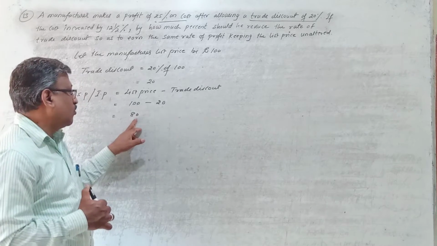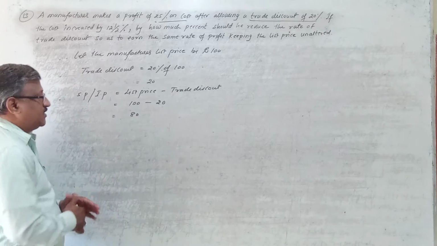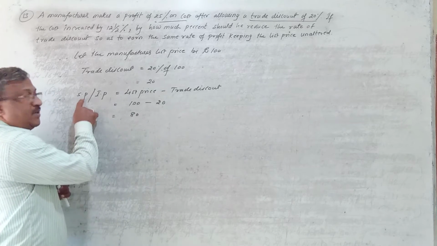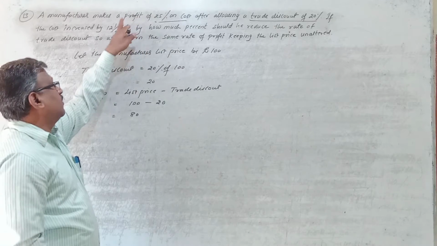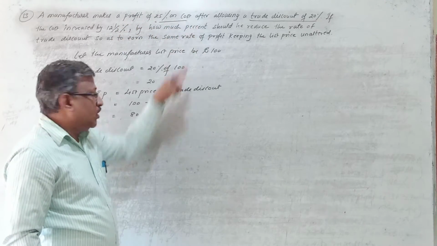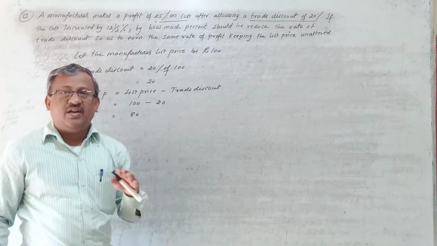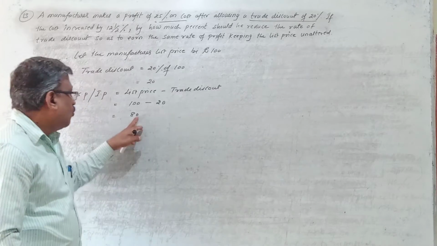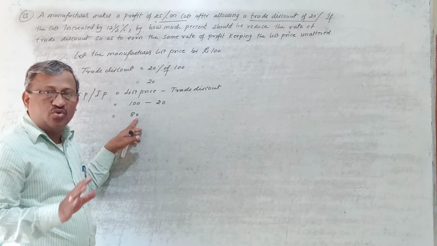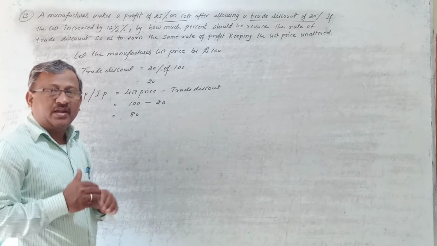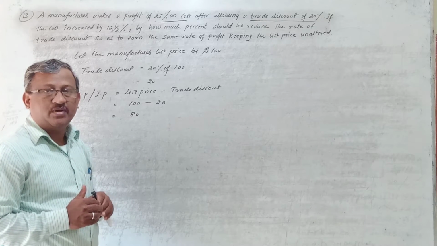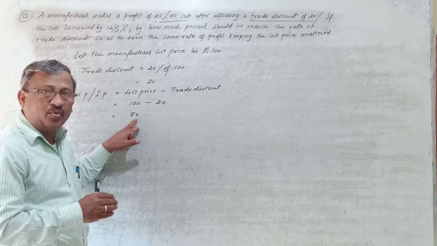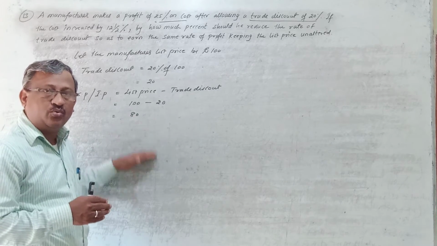So to calculate the cost price of the manufacturer, as I said, I cannot calculate the profit on 80 rupees because 80 rupees is my selling price. And in the problem they have said the profit is on cost price. So this is not my cost price, and until and unless you know the cost price, we cannot calculate the profit. So what is the cost price of this selling price? It is not known. So what will I do? Again I will assume my cost price as rupees how much? 100.